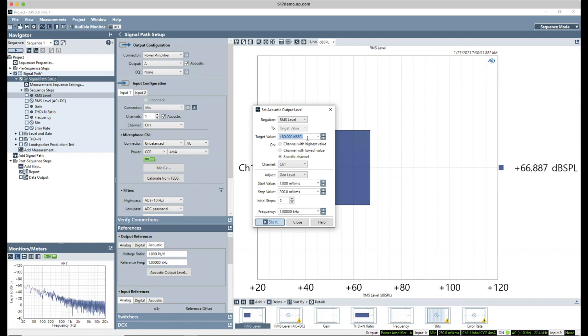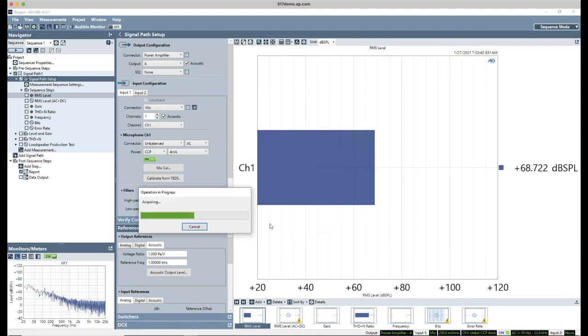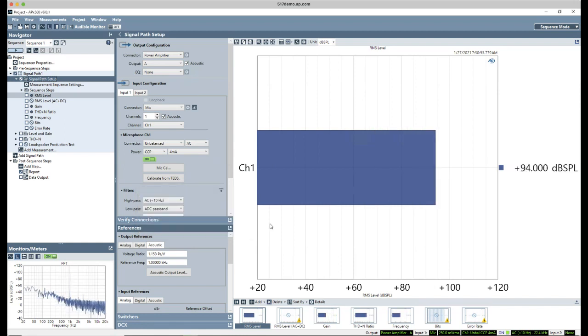So I'll click on output. I'll calibrate this to 94 dBSPL. And what I'll let the software do is automatically hunt for that level. So I'll say, yep, it's somewhere between a millivolt and 2 volts. I realize that's quite a large range, but it will figure things out. Okay, and there we go. Now we've set the